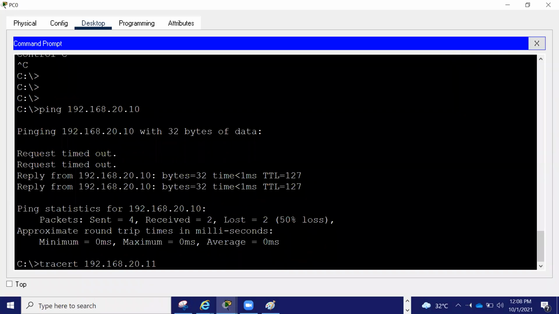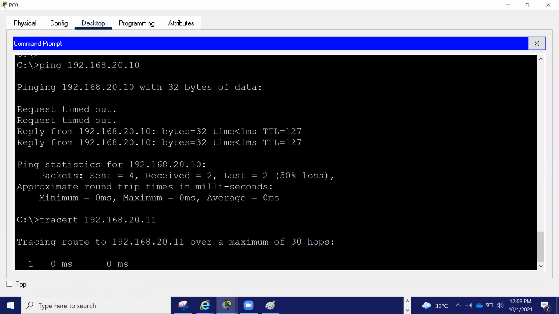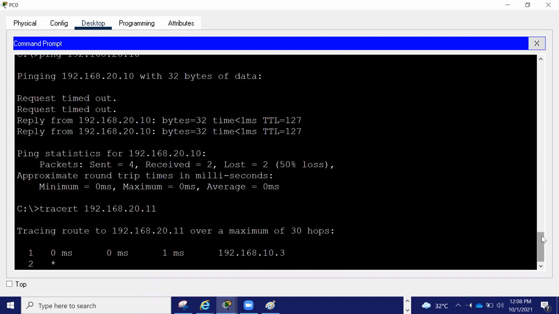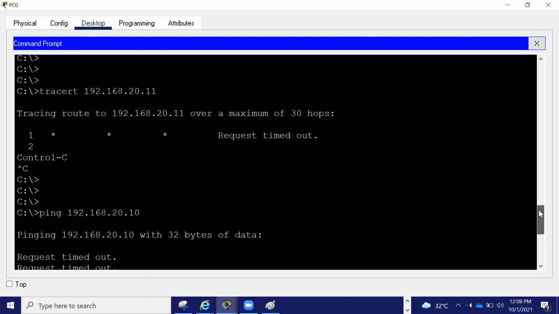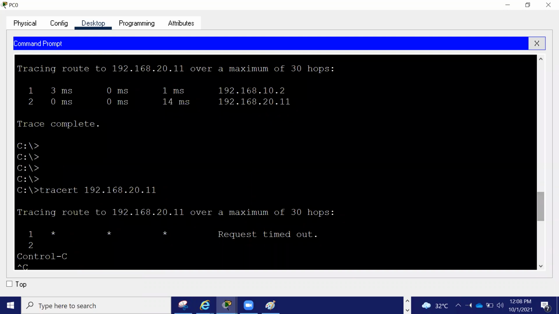Now if I trace that same path, what is happening? Guys, can you see this? This is very important to understand. Previously, when I was pinging 192.168.20.11, see here, it was going via 10.2, which was core 1.